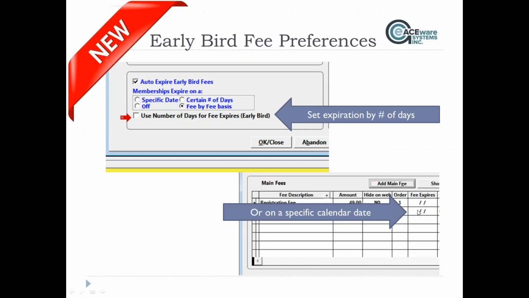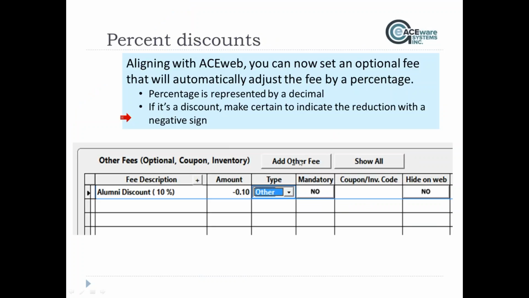It's for a fall term, September 1, all early birds expire no matter when the course starts. So again, a couple of different ways you can use that. One of the other things that was new in the past